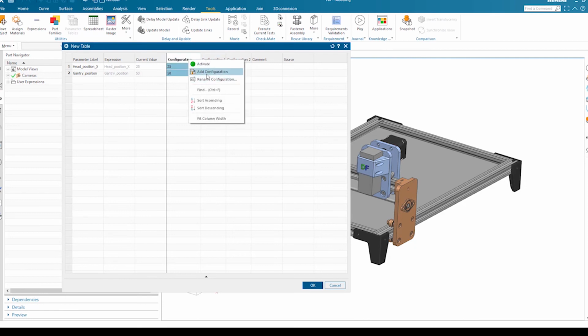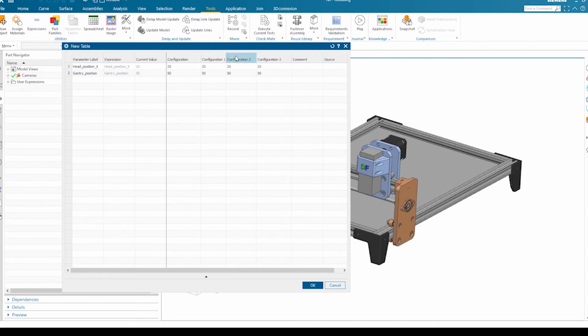If I create three different configurations, I can also rename them position 1, position 2 and position 3, and the first configuration should be the start point.